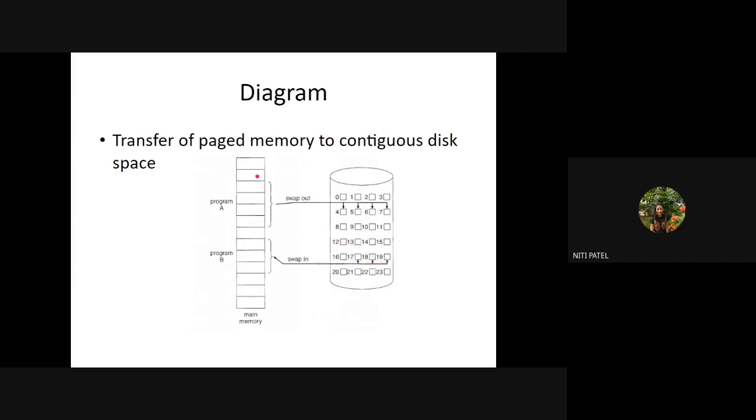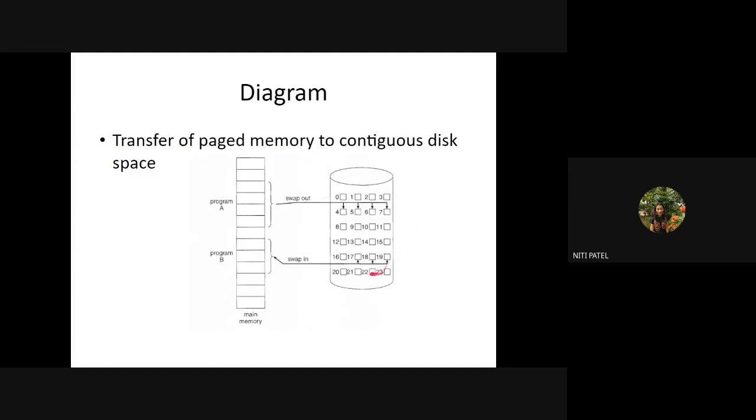So when program A is executing, only those pages, that is 4, 5 and 6, 7, will be loaded into the main memory. Once the execution of 4, 5, 6, 7 is completed, they will go out, get stored into the secondary memory, and program B will come in. If they require any pages from the secondary memory, yes, they require 17, 18, 19. So those pages will be swapped into your main memory. So one will be swapped in. When that goes out, the other will swap in. Okay.